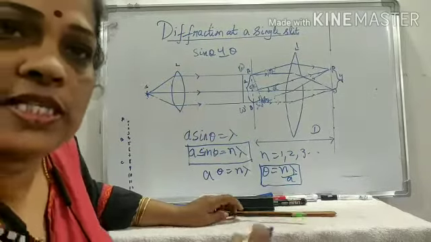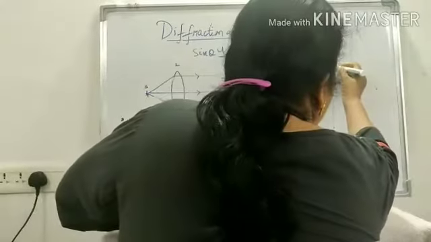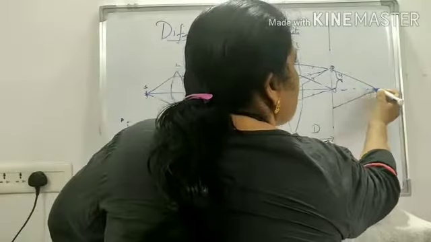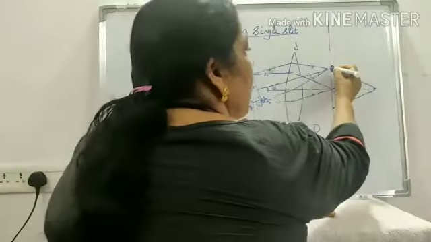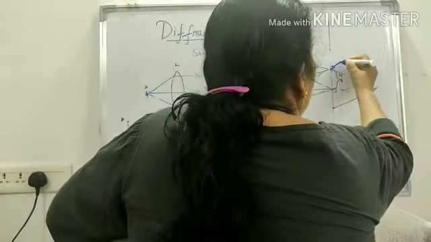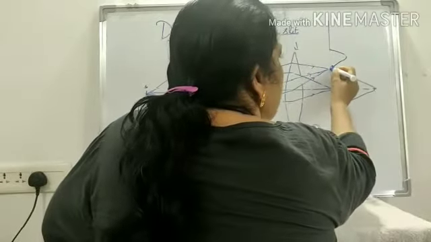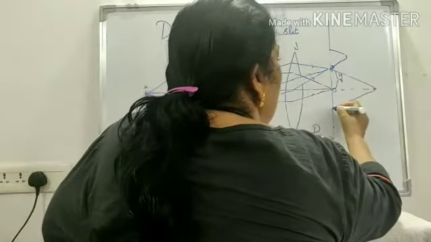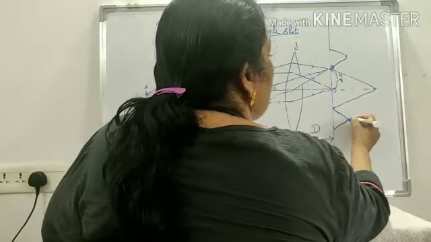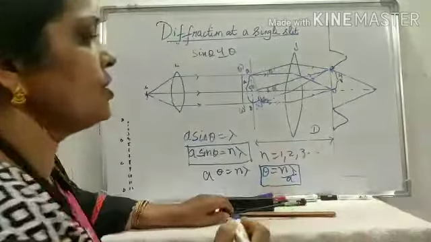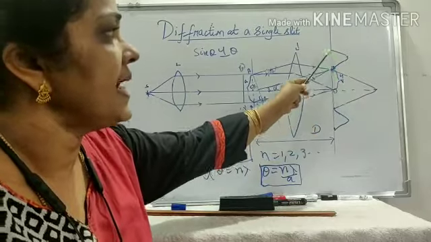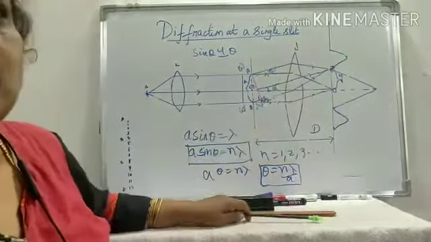So how do you draw this diffraction pattern? In this figure, this is the central maxima, which is the brightest. This is followed by a minima, and this is again a minima. So again, you get a pattern. A minima must be followed by a maxima, so the pattern will be like this. This is the minima, so this must be the maxima, and so on. So the central maxima is the brightest. This is followed by a minima, then again a maxima, then minima, etc.